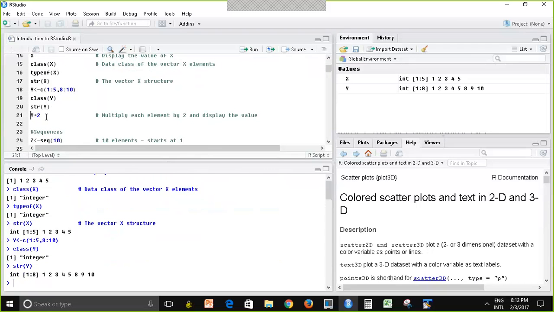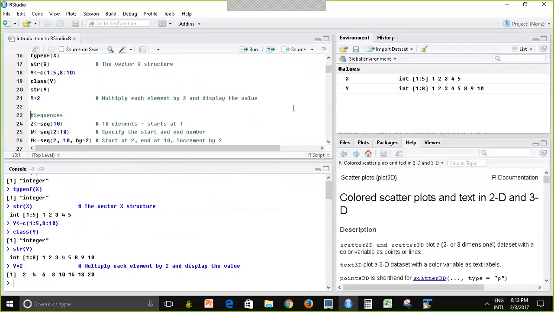Now something else I want to show you. I can multiply, right? What this will do is multiply every single element in y by 2. Y times 2. And here it is. Right now I see it in the output. Now this is a little bit tricky here. I multiplied it by 2. I see the result here, but I don't see it here, right? The y in here did not change, and the reason is because I didn't assign it, right? In order to see changes here, I would have to assign,